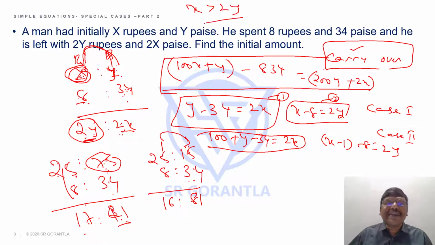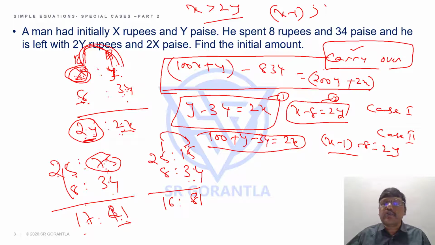X is more than 2y. Yes or no? Somebody will say, no sir, what if borrowed? Then X is still bigger. From X minus 1, suppose if you take this case, or if I give 1 rupee to the paise column, and I still have X minus 1, from that, if I am subtracting 8 rupees, I am getting 2y, meaning X minus 1 is still